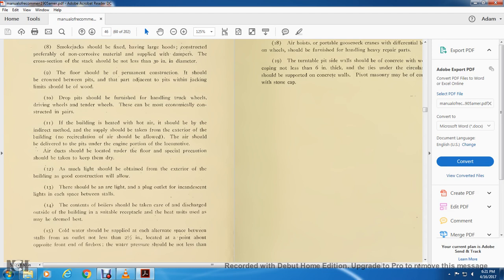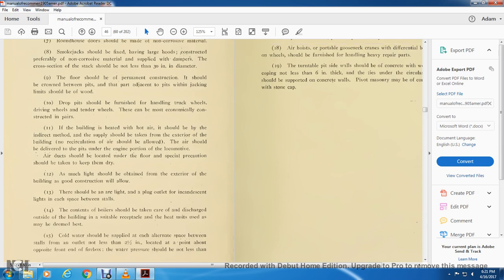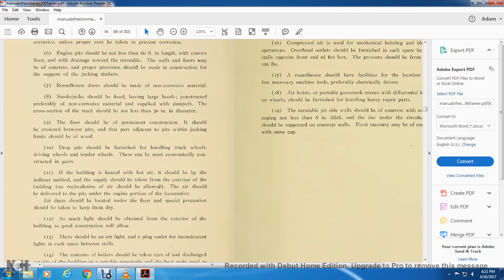There should be a light and a plug outlet with incandescent lights at each of the spaces between the stalls. The contents of the boiler should be taken care of and discharged outside of the building in a suitable receptacle, heat units as used and may be deemed best. Cold water should be supplied at each of the alternate spaces between the stalls from an outlet not less than 2.5 inches, located at the point between the opposite and front end of the firebox, and the water pressure should not be less than